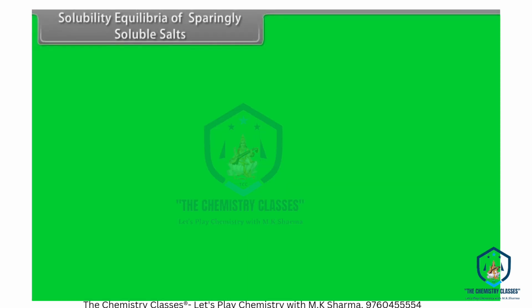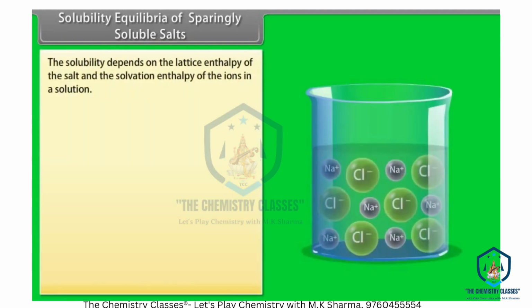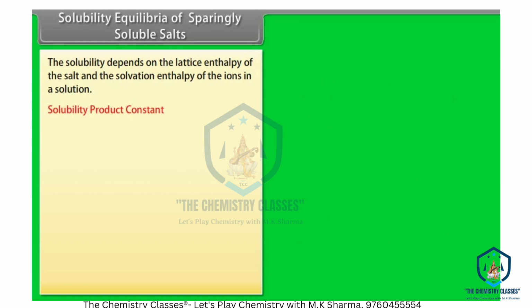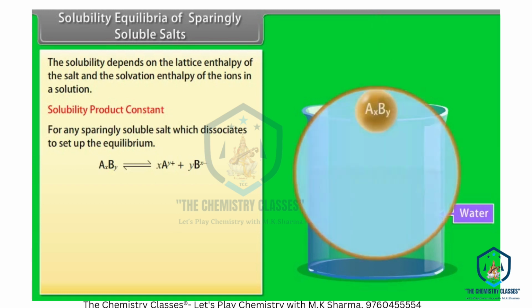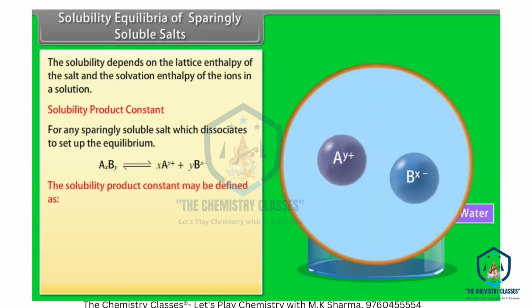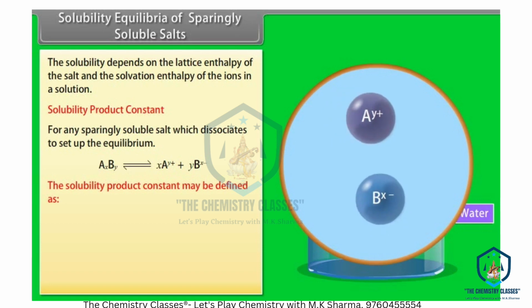Solubility equilibria of sparingly soluble salts. The solubility depends on the lattice enthalpy of the salt and the solvation enthalpy of the ions in a solution. Solubility product constant. For any sparingly soluble salt which dissociates to set up the equilibrium, the solubility product constant may be defined as the concentration of A^(y+)